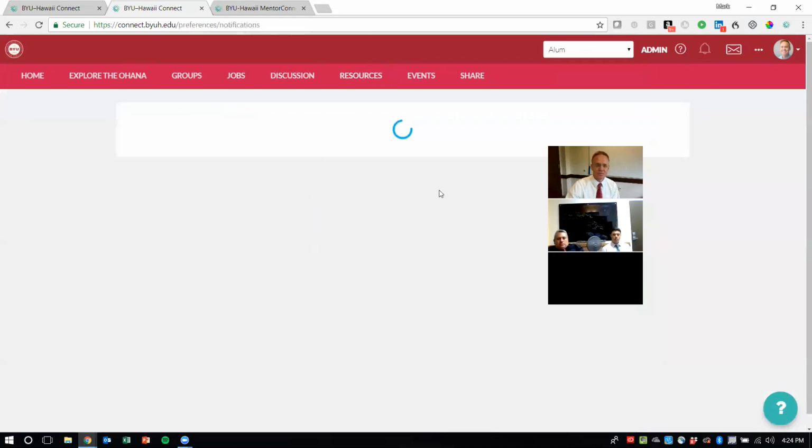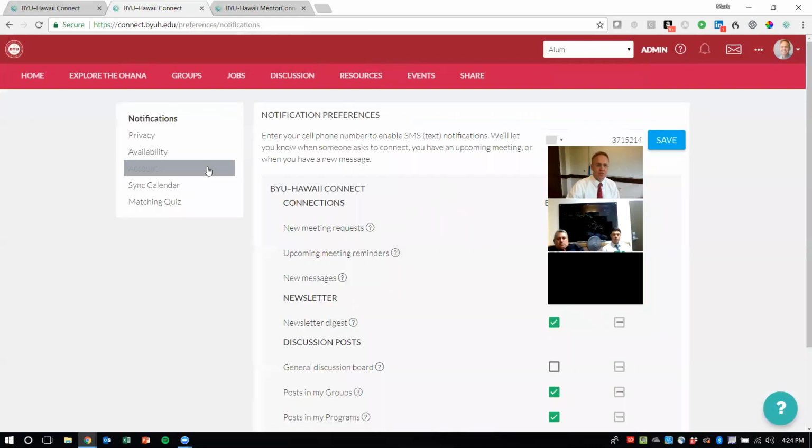My preferences. You can see that one of the options I have is being notified with a newsletter digest. On a monthly basis, I'll get an emailed newsletter that shows all the activity and things going on in here. We are going to discontinue doing our normal e-newsletter, or at least do it only on an annual or semi-annual basis.